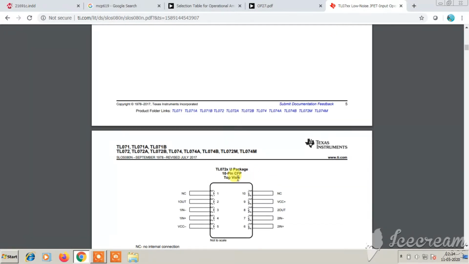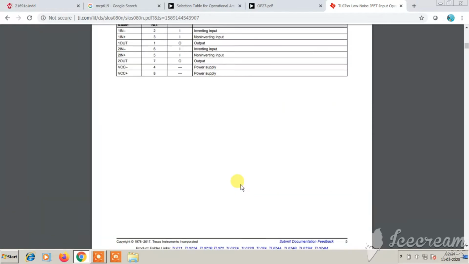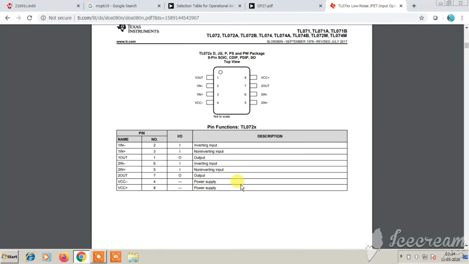or with this package. We are only taking the DIP types. For the DIP types, you will in general have the three types of pin configurations, just as we said before. But always look at the datasheet before using any op amp. Always look at the specifications. Always choose whether this op amp will suit your purpose or not.